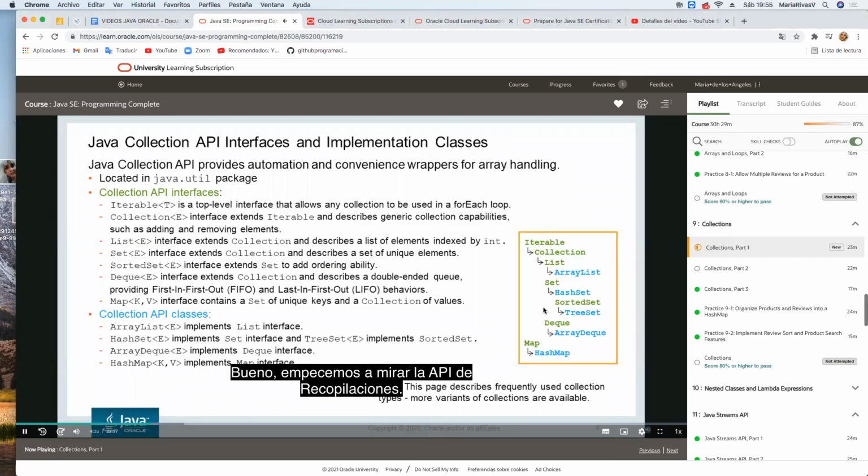Okay, well, let's start looking at the Collections API. What are these interfaces and what are, well, at least some examples of collection implementation classes? The interfaces and the implementation classes of the Collection API are located in the java.util package. And the topmost interface for the Collection API is the interface called Iterable. It provides very basic generic features for all collections. For example, an ability to iterate through the contents of a collection